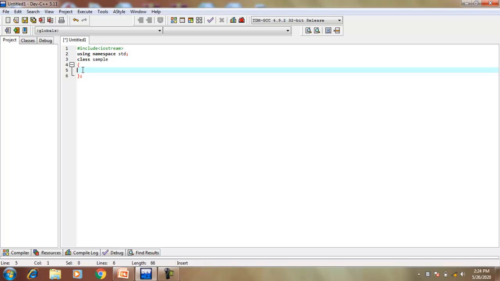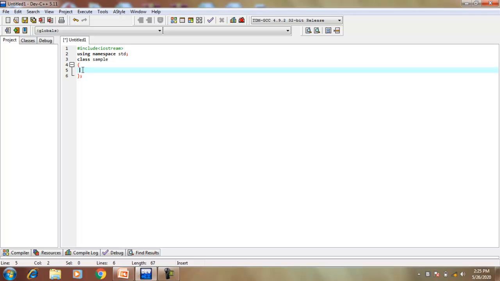So let's start with the body of a class. When we declare any data member or member function, we use some access specifier. Here I am using the access specifiers private and public.